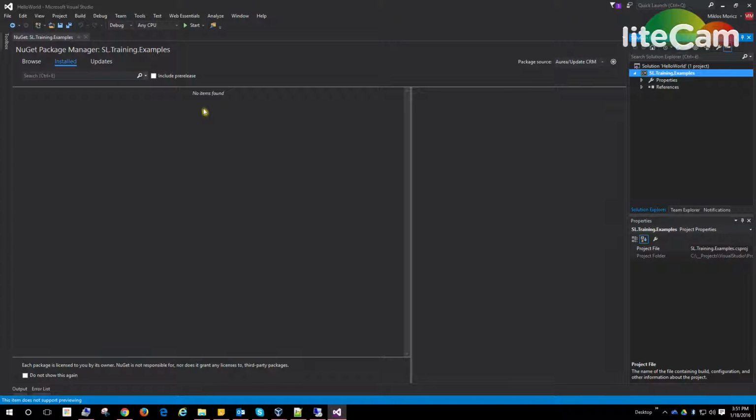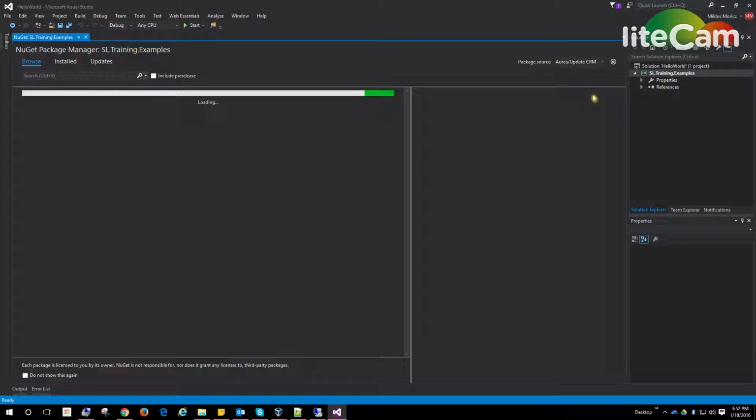So just select it from your project. And of course, we don't have anything installed, so we just click on Browse, and you need to configure your update.CRM NuGet repository